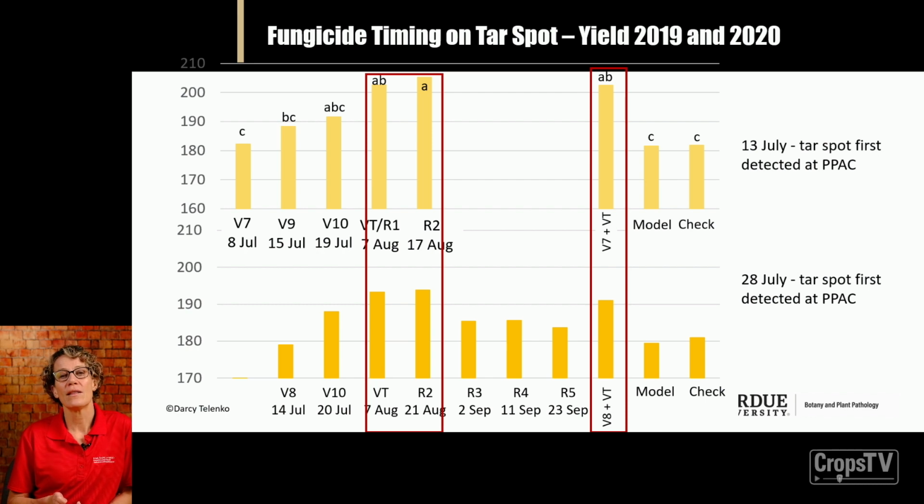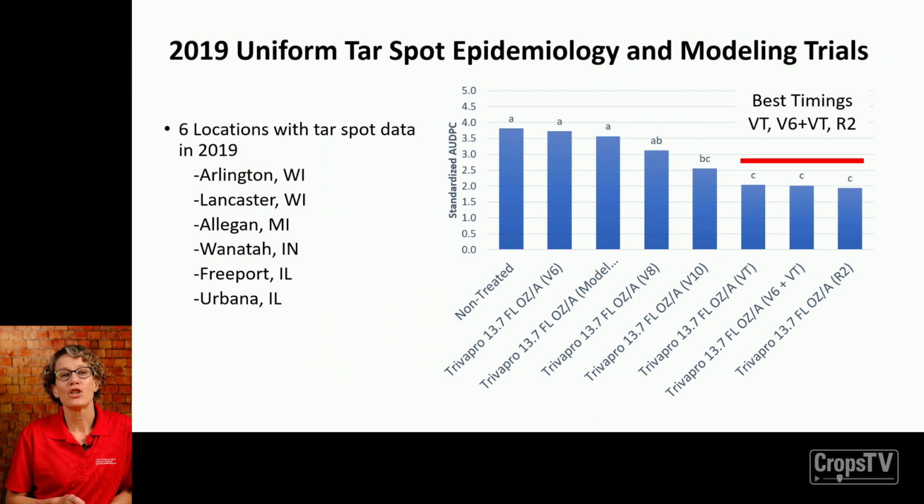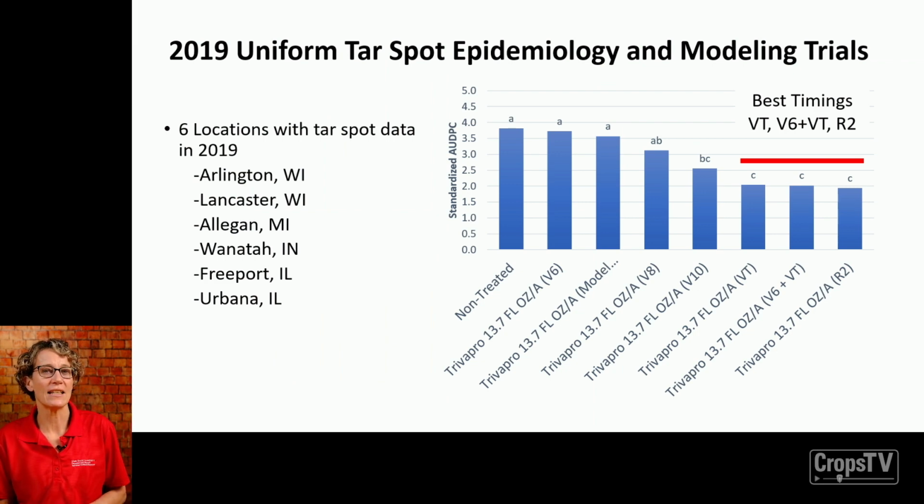And sure, with that double application we're also getting greater yields, but those yields are not better than that tasseling application or that R2 application. And so you wouldn't necessarily get greater yields to be able to pay for that double application. So that's Darcy's data from Illinois, but I wanted to show you some other data from across the Corn